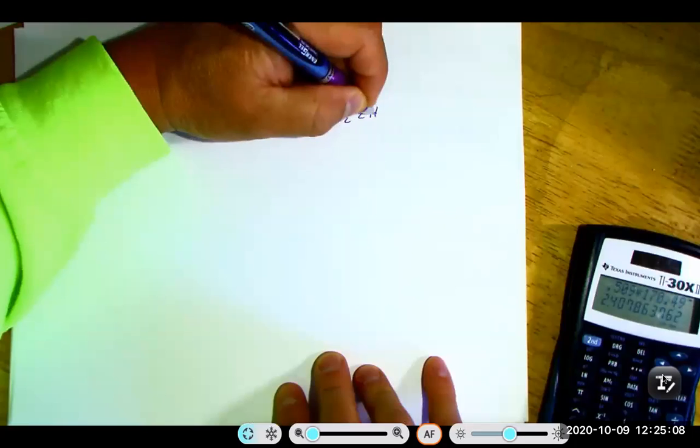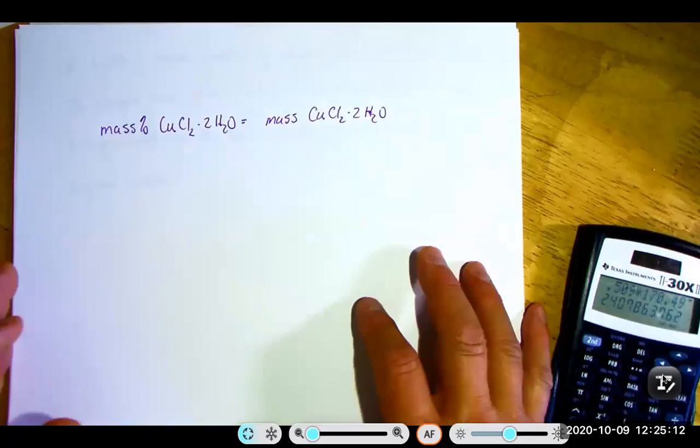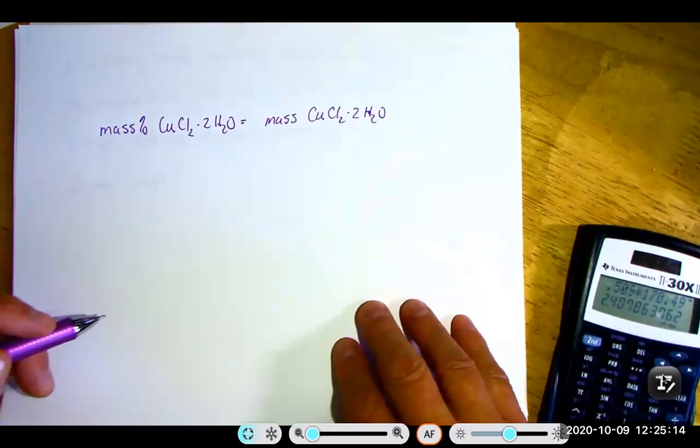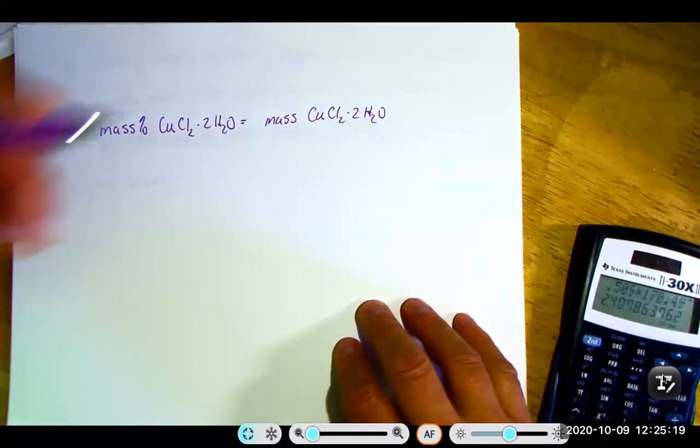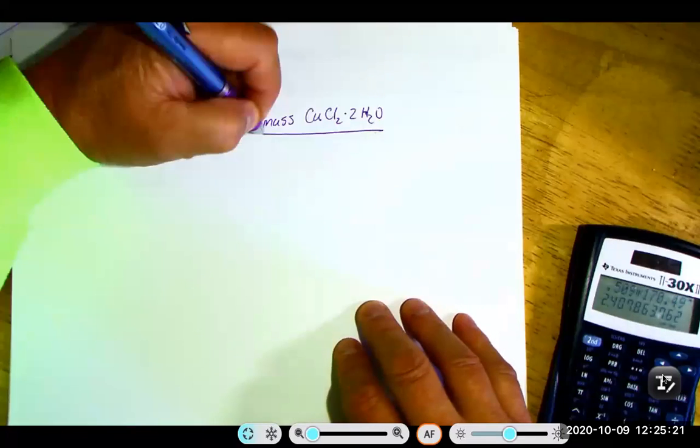Now, hopefully, if you were doing this on a test, you wouldn't have to rewrite this because when you wrote it originally, you left yourself room to do the rest of the work. Over the mass of the sample